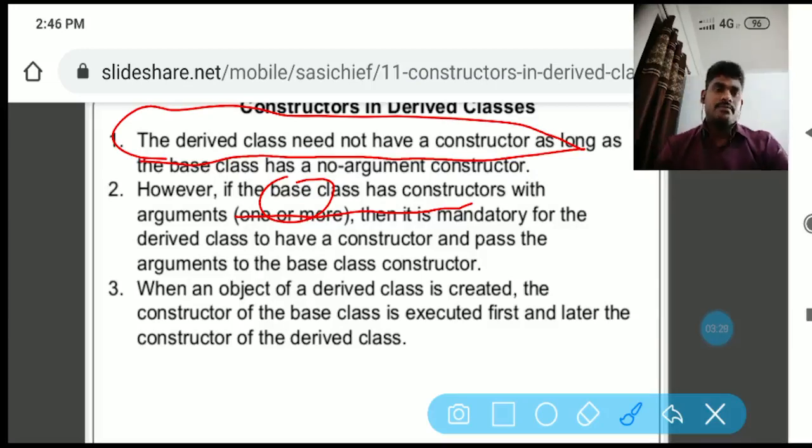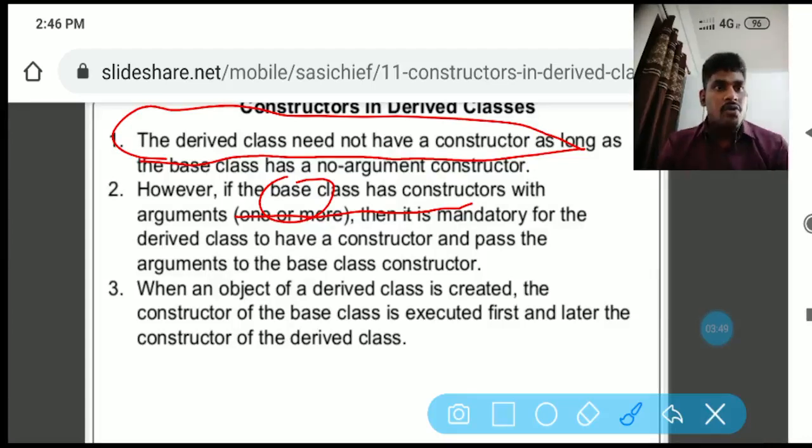In the inheritance concept, the base class has a constructor, but it doesn't have any arguments. Arguments are nothing but data members. At the same time, the derived class has a constructor. So what will happen?